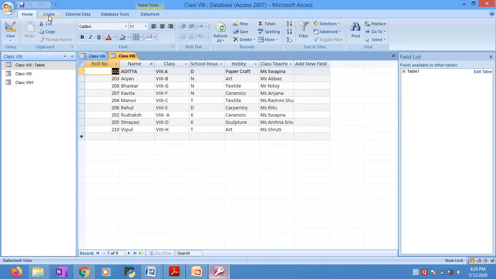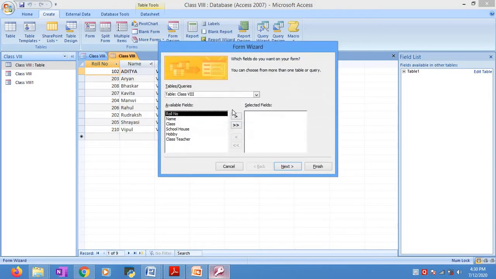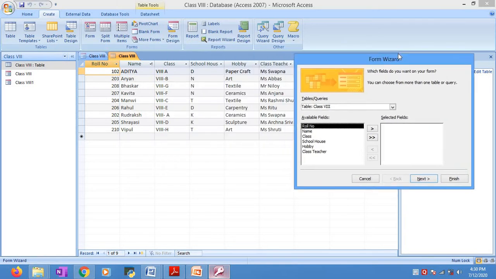First we'll click on Create, because we are working on forms and we want to create a form. Here it is written Tables, right? Here it is Forms, Reports, and the others. We have to work on the forms, right? So click over here, you focus over here, that is Form, Split Form, Multiple Items, and these are there. We have to choose the wizard. So I'll click here, I'll get the options. Out of these options I'll go to the Form Wizard, right? While clicking that, all the fields shown in the table will appear here.